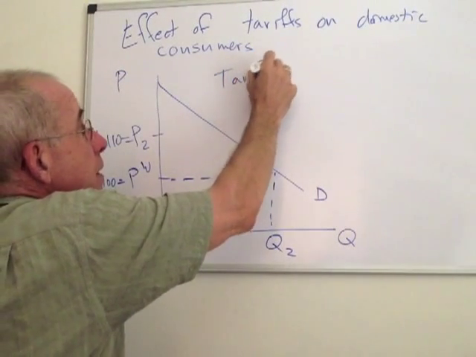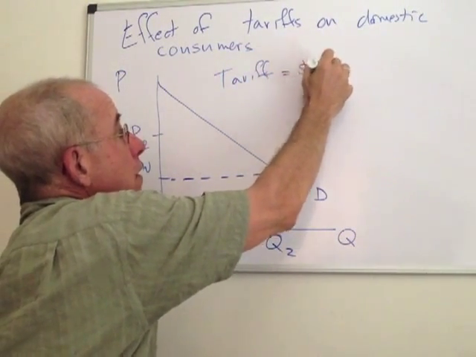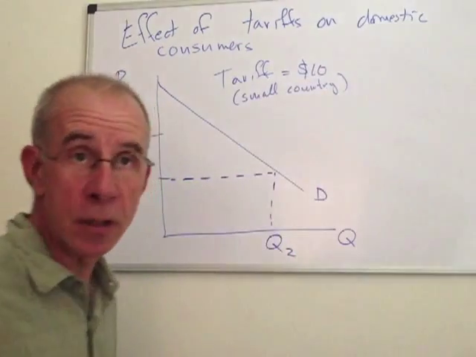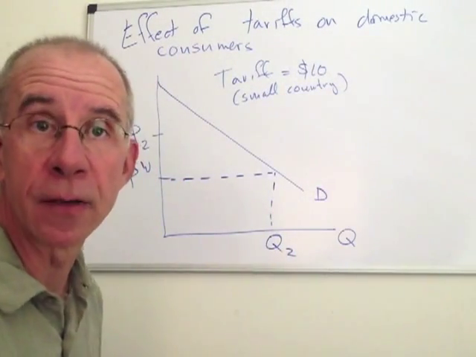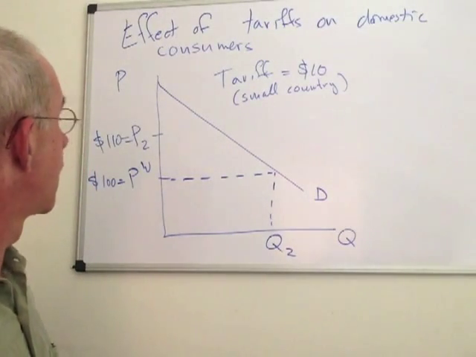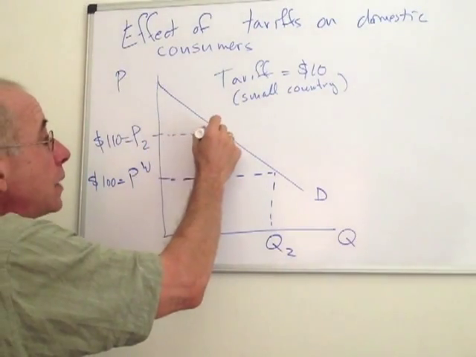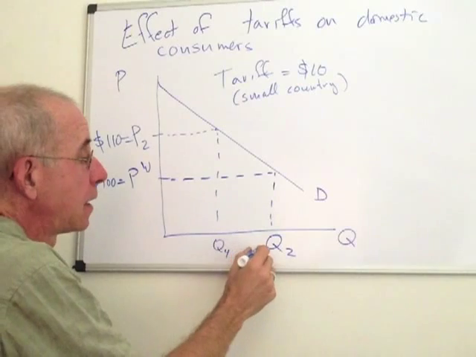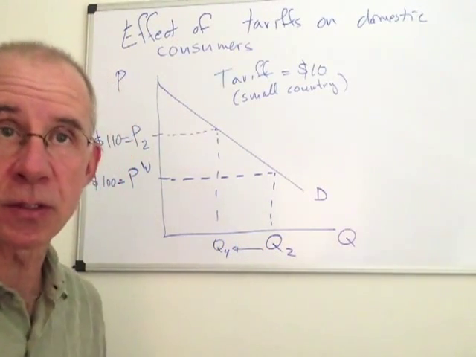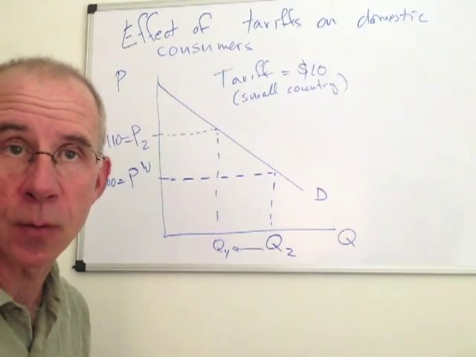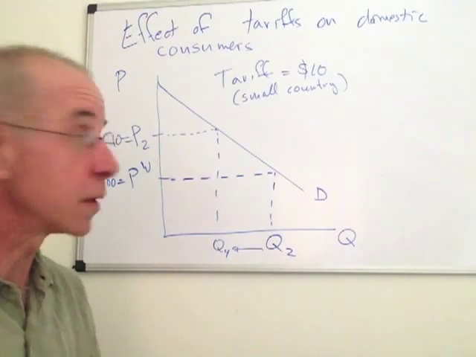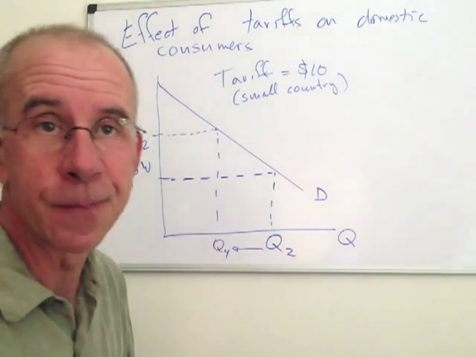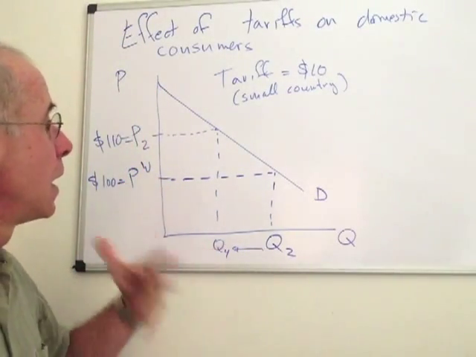That is to say that there's been a tariff of $10 in the case of a small country, so that the small country's consumers face the full brunt of that tariff. So, most importantly, at this new price, you go over to the demand curve, and what you see is that the total amount of domestic consumption is going to fall for this good because of the higher price. There are going to be some consumers that are going to say $100, anything over $100 is too much, they won't buy the product. But now let's take a look at two